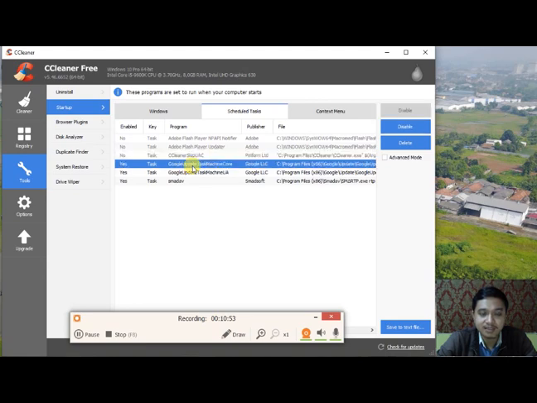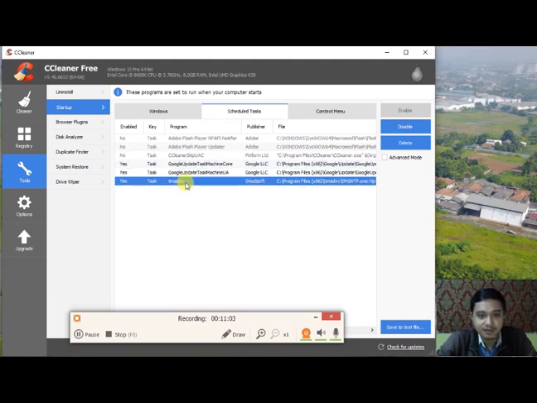And then there is Google Update Task Machine Core. I think this is important, so I enable it. Google Update Task Machine UA, and then SMADAV, which is an antivirus, so I enable it, of course, to prevent viruses from infecting my computer.